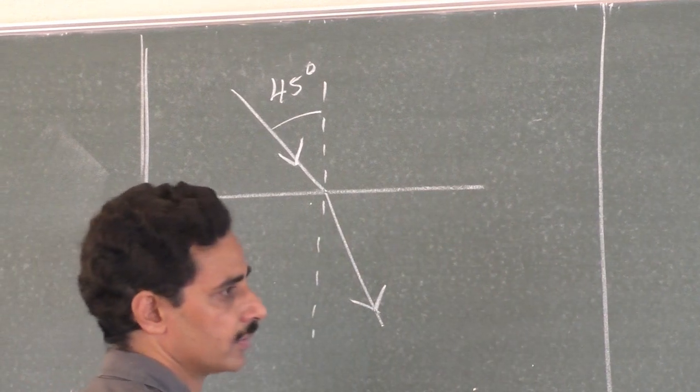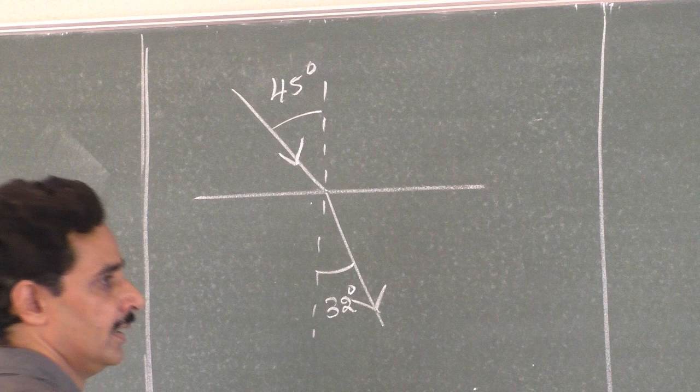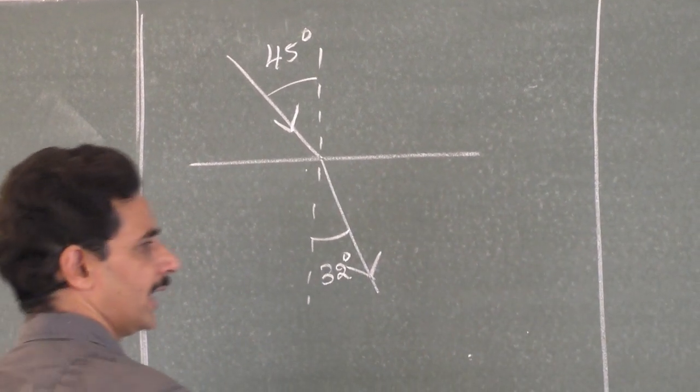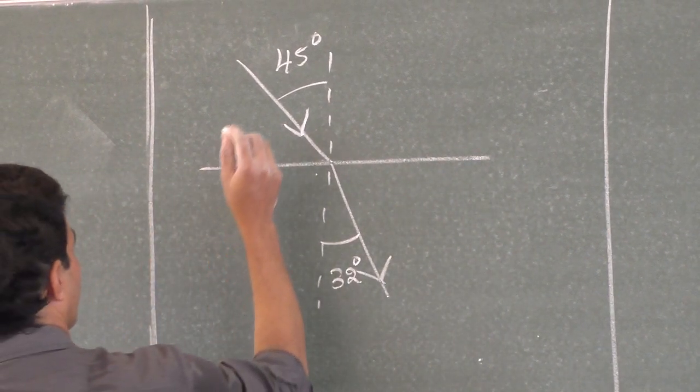Okay, and it undergoes refraction at 32 degrees. Okay, 32 degrees. Then what is the speed of light in the liquid? Now you know, you can connect all the things related to this problem. That is, this is I,